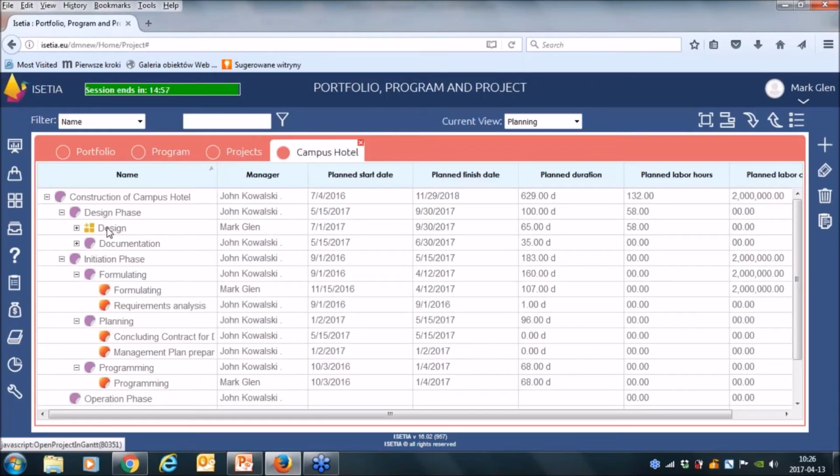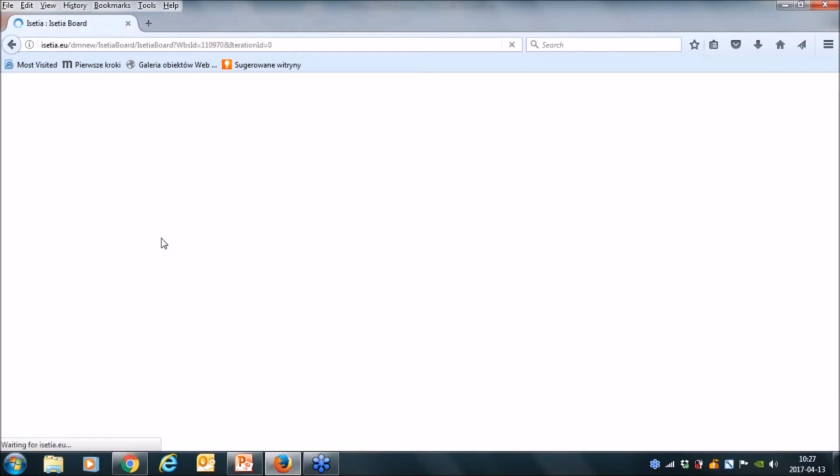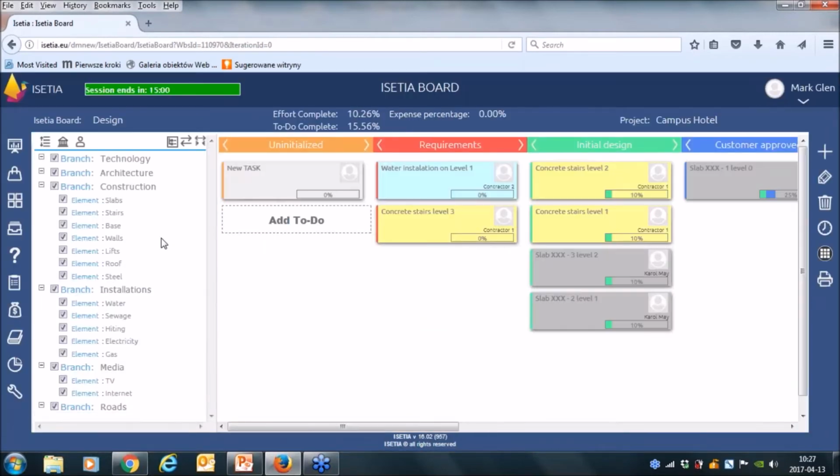You can see that this design in our structure is marked with a different icon and different color. This is done intentionally because this part, in our structure, is our ISETIA board function, ISETIA board object. So we can enter and open this ISETIA board, and I can show you what it means and how it works.